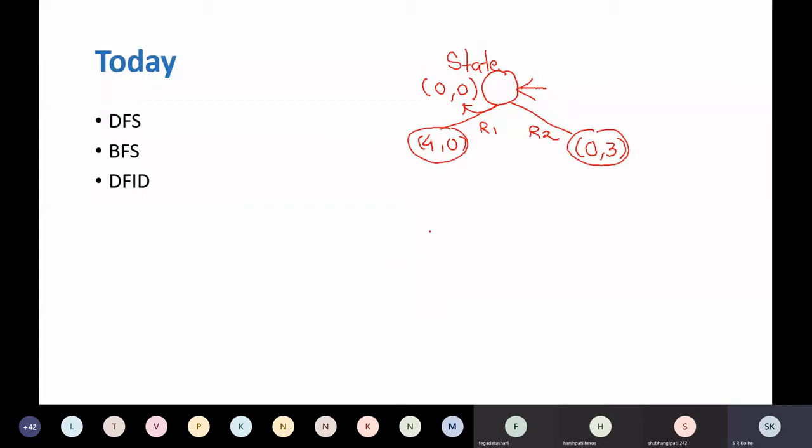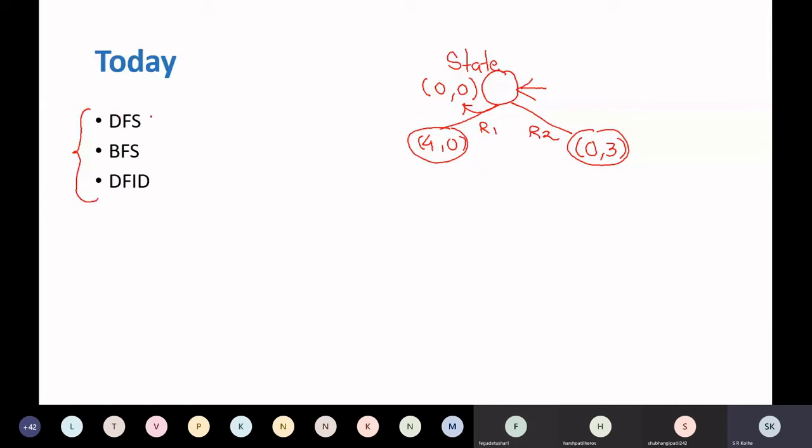Now, while solving a problem, such problems which can be represented in state space form, how you are going to proceed to reach the goal node or solution state will be decided by the search technique that you will be using. Therefore, today we will be discussing one class of search techniques which you can use for solving state space representation problems.